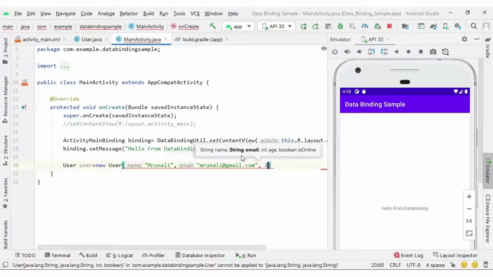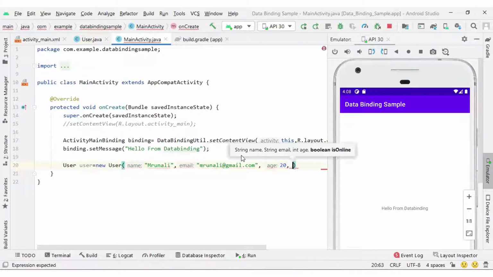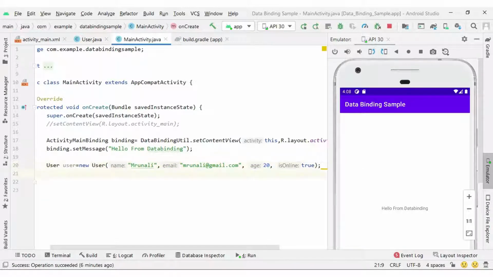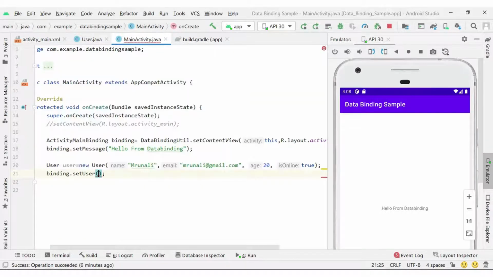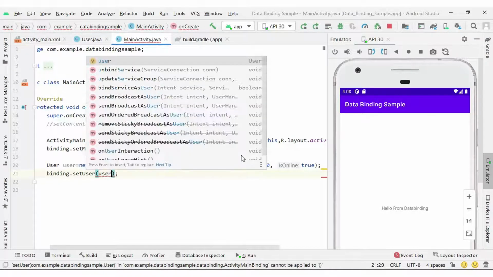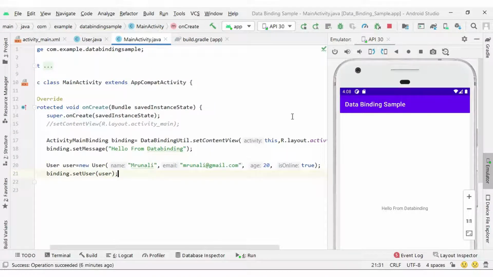Age I can pass 20, and isOnline, if I pass true, then it will be online. Next I need to pass this user object to our binding object. You can see I will have a setUser method. Inside this setUser I can pass my user object here, and done. The coding is done. Right now I can run and test the output.